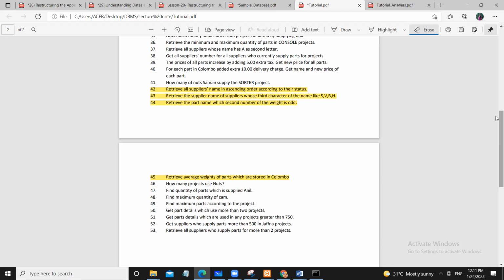Okay, you can do this part name, second weight is out. Select S name from supply table,